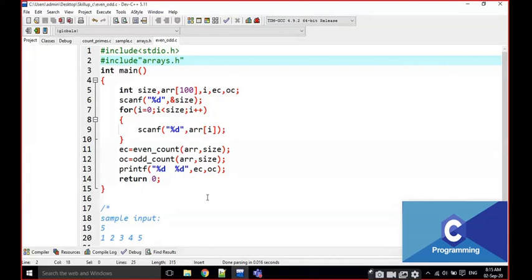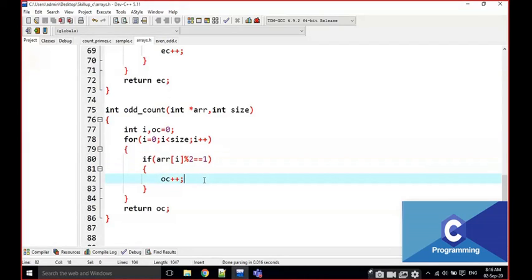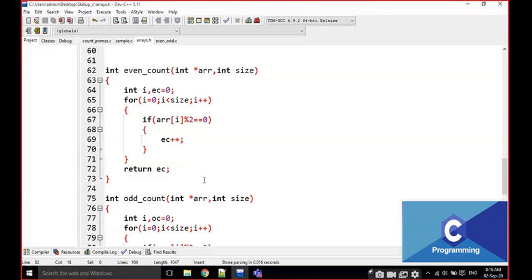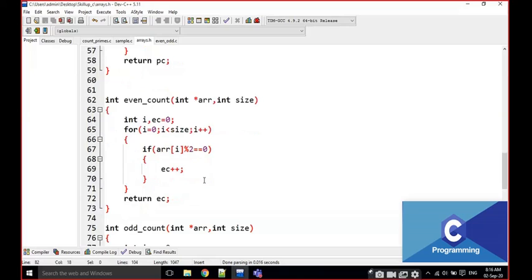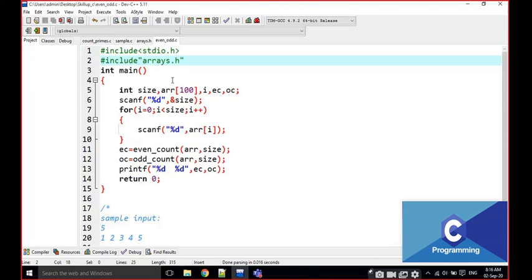Missing here is even underscore count, comma size. I forgot the ampersand here. That's it.